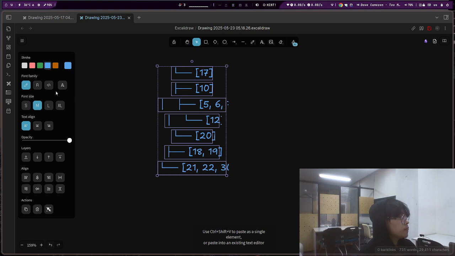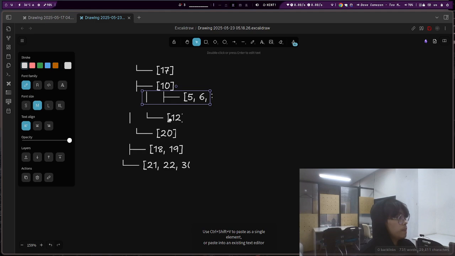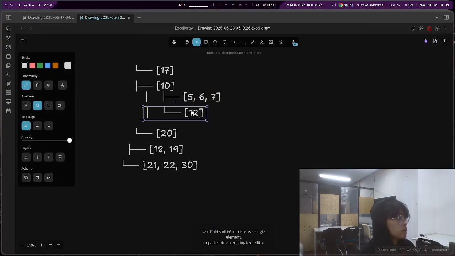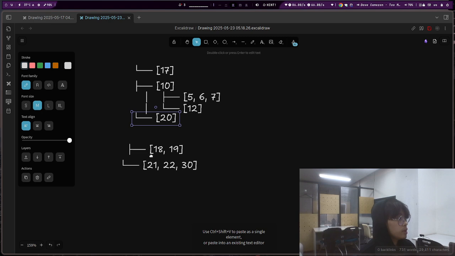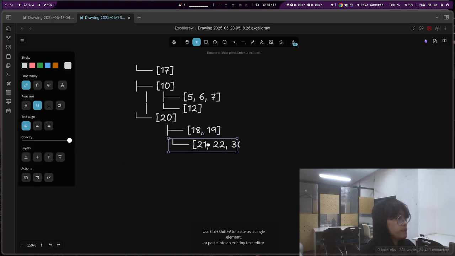So you have those kinds of B-trees. For example, this... wait, is this right? I think it is, but whatever. This is really perfect. Putting it here is pretty nice. So this is actually a B-tree